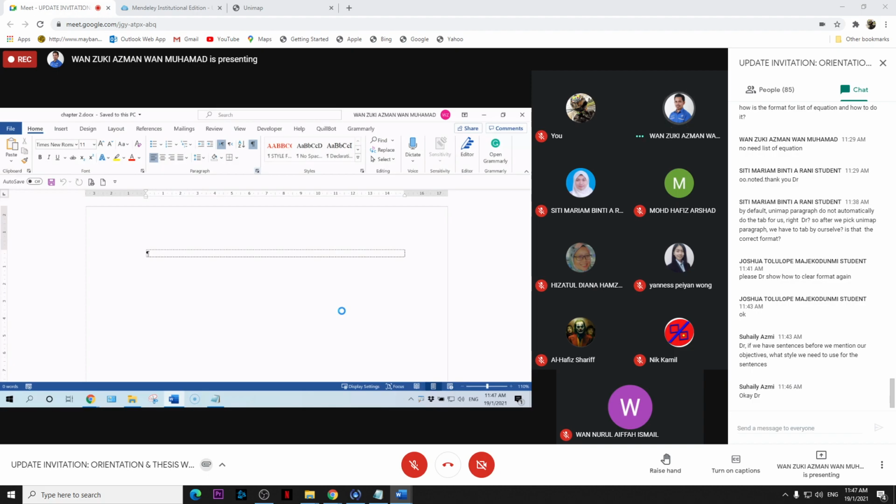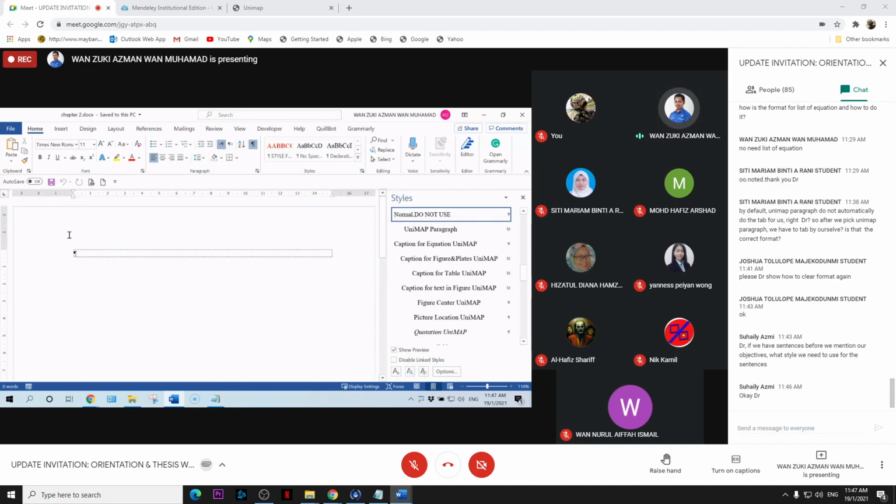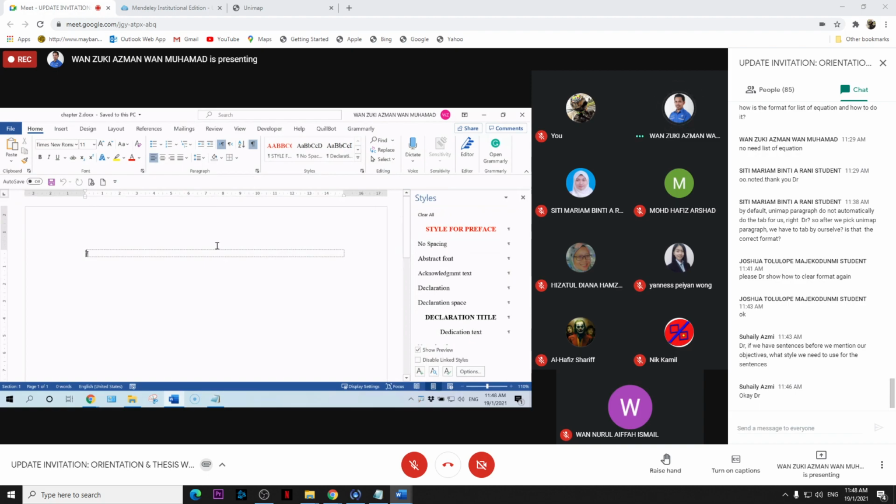When you write your thesis and after you close the file, the navigation pane will automatically appear when you open the file again, but the style pane will close. So you need to open it again and again when you want to format your thesis.